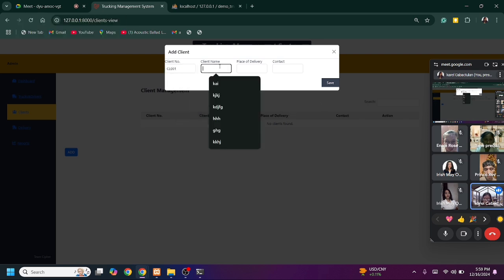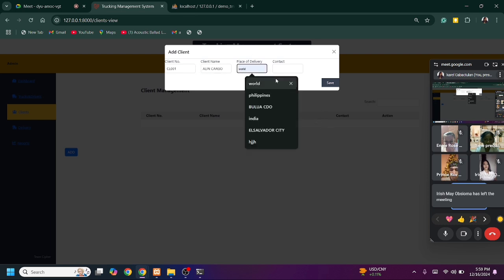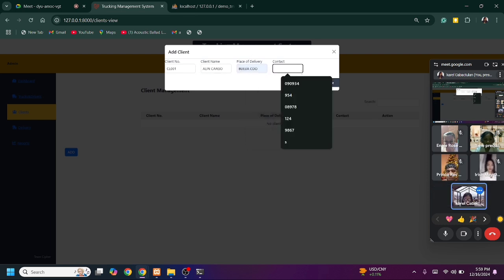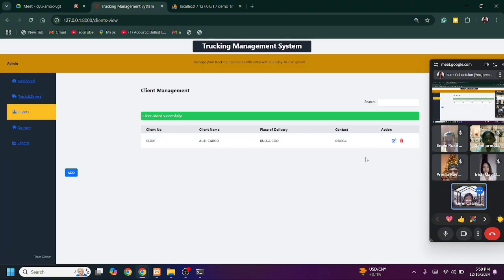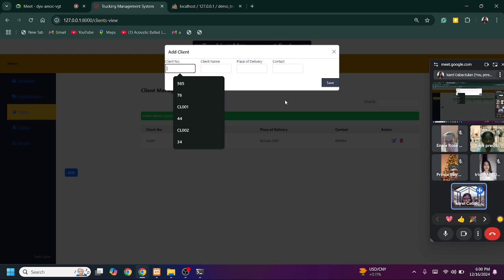Let me try to input some data here. And then once added, it will show the added successfully message. Let's try to add at least three, for us to be able to check if the functionality is working.